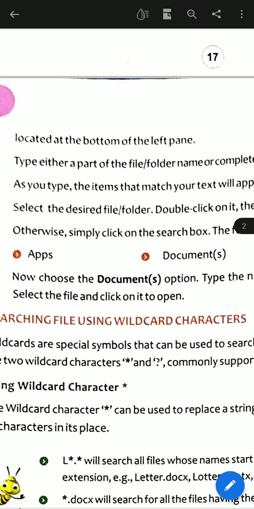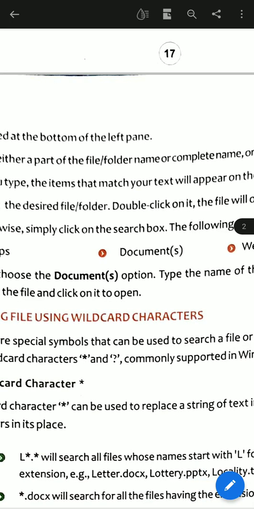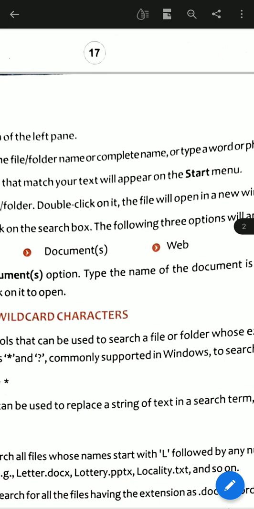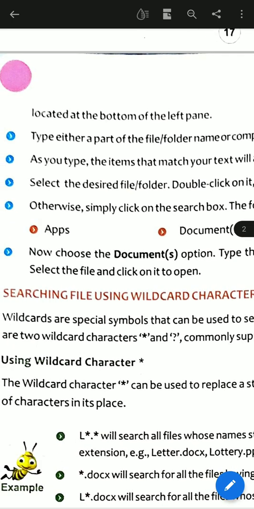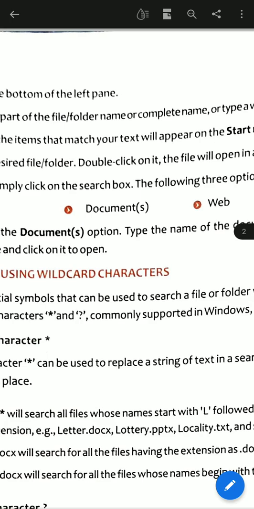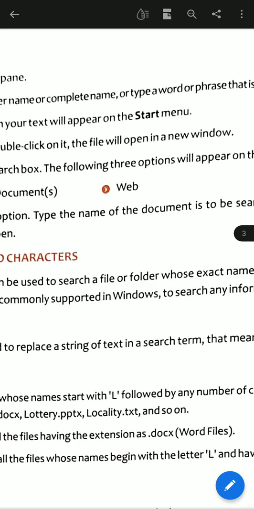As you type, the items that match your text will appear on the start menu. Select the desired file or folder and double click on it, and the file will open in a new window.